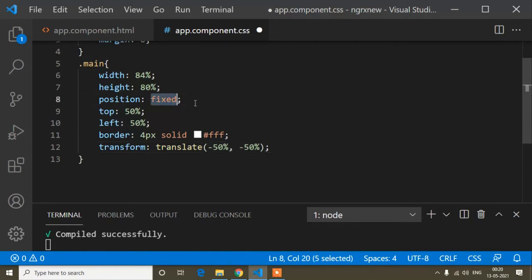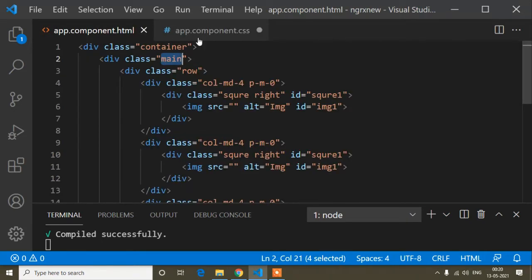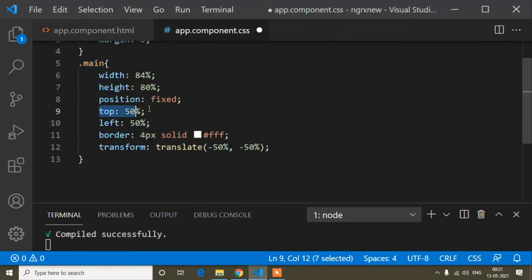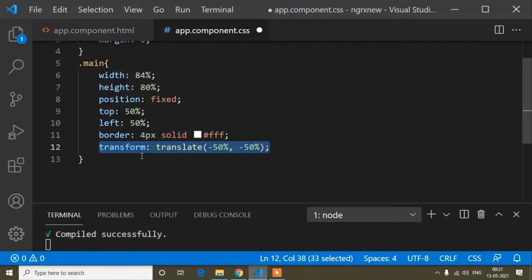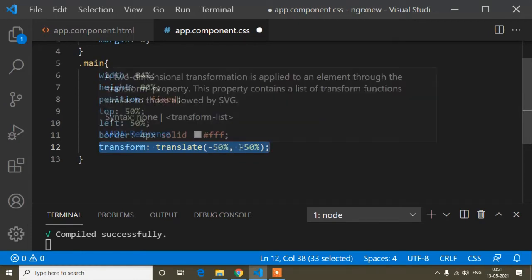When I have added fixed, this main div will start from the middle, that's why I have added top 50% and left 50%. And the same thing we have added with transform translate, I mean this div will transform from -50% and -50%.